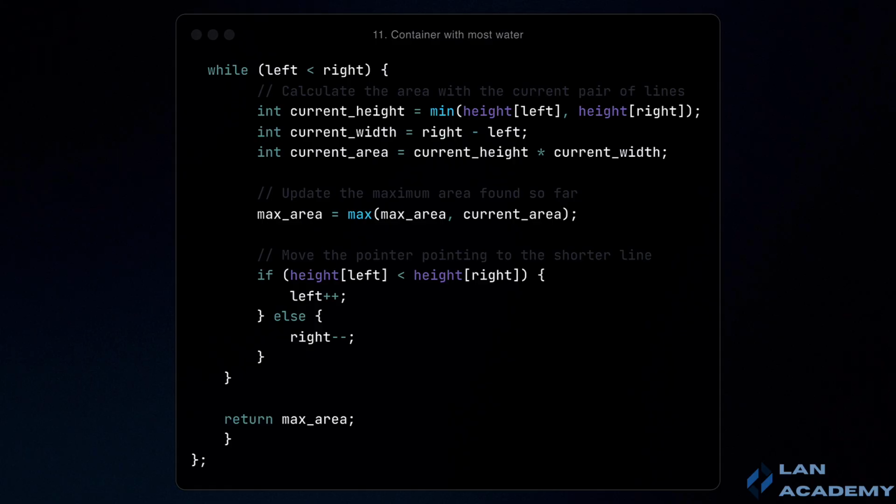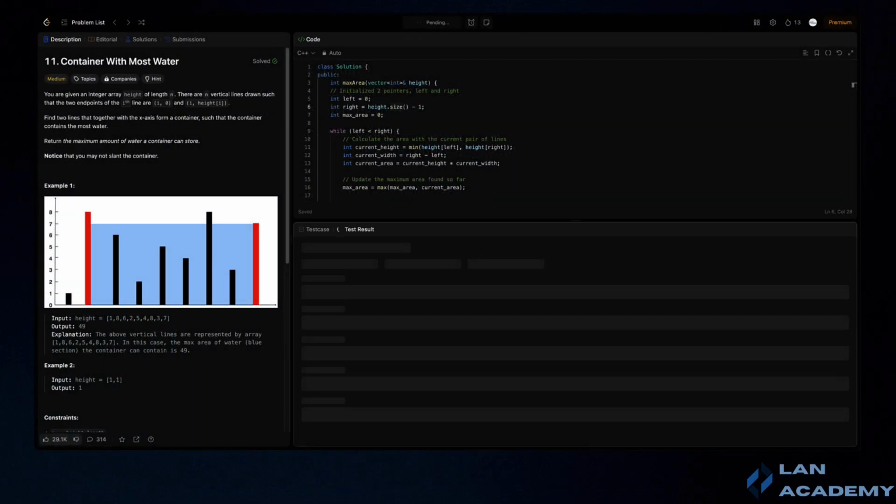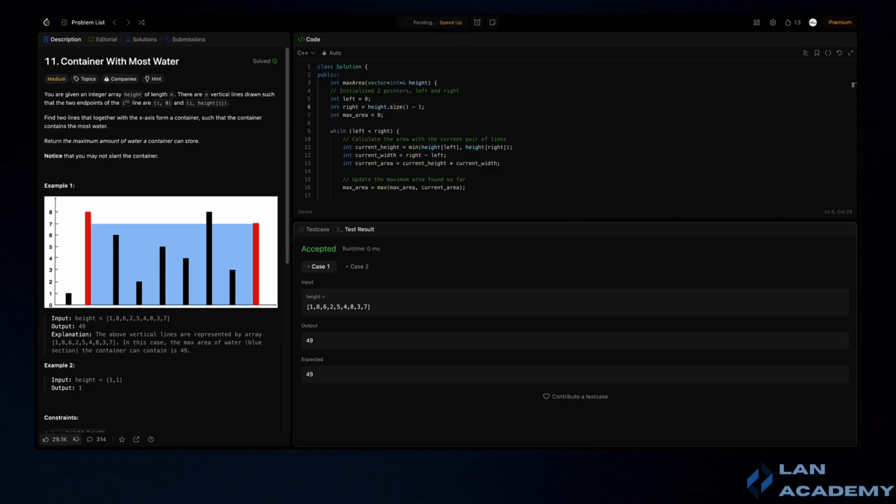So, to conclude, by using the two-pointer approach, I efficiently reduce the problem from a potentially quadratic time complexity, the case in which I would consider all pairs of lines, to linear time complexity, O(n). This makes it feasible to handle large input sizes efficiently. The algorithm ensures that I explore all possible containers and find the one that holds the maximum amount of water without the need for nested loops, which is a significant improvement in terms of performance. After all, the beauty of this algorithm lies in its simplicity and its efficiency. Now, I'll run this solution to make sure everything works properly before submitting.